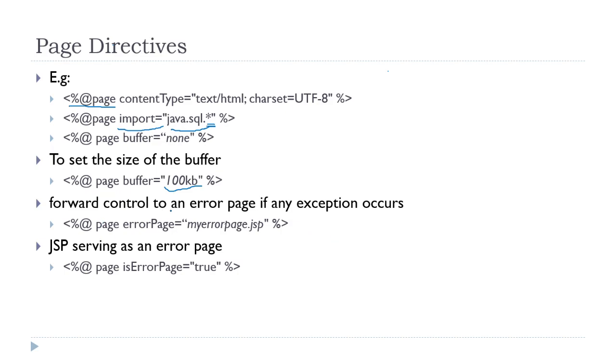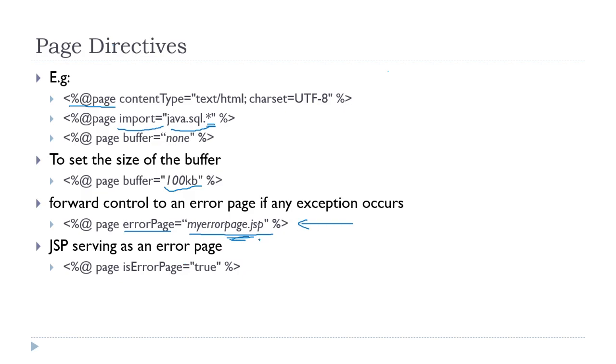Now, if we want to forward control to an error page, we can specify that in the errorPage attribute of the page directive. We just pass the URL pattern of the file, myerrorpage.jsp, as the value to the attribute errorPage. So if any exception occurs on the page where this line is written, the control will be transferred to this error page, which is myerrorpage.jsp.